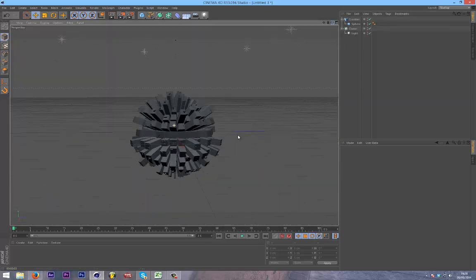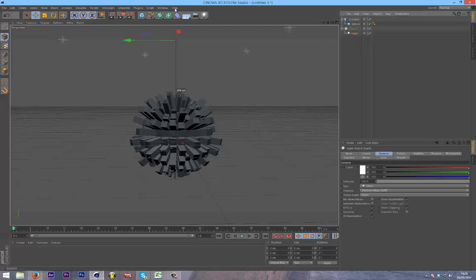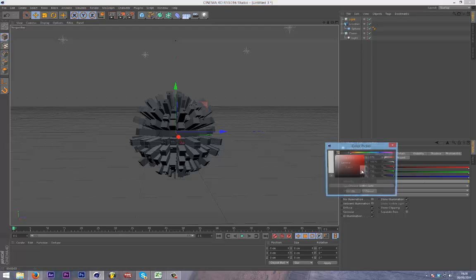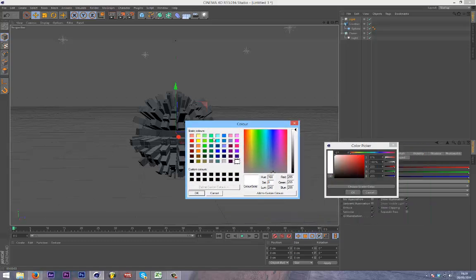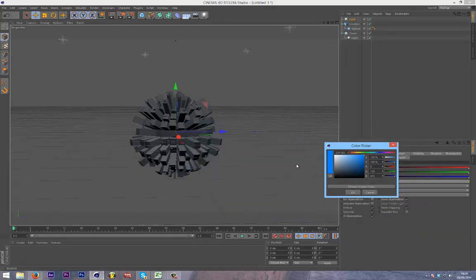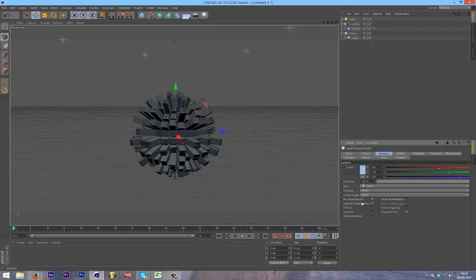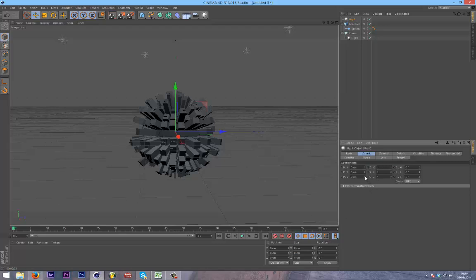And if you want to add some color to it, which I normally do, I'm just going to get my light, just going to create a new one, and I'm going to change the color to a really light blue. So if you click here, you can get some standard colors. I'll just choose this blue, press OK, and then just go into the whites of the blue here, get a really light blue, and you can mess around with the intensity so it's not too overpowering, and then just move it back in